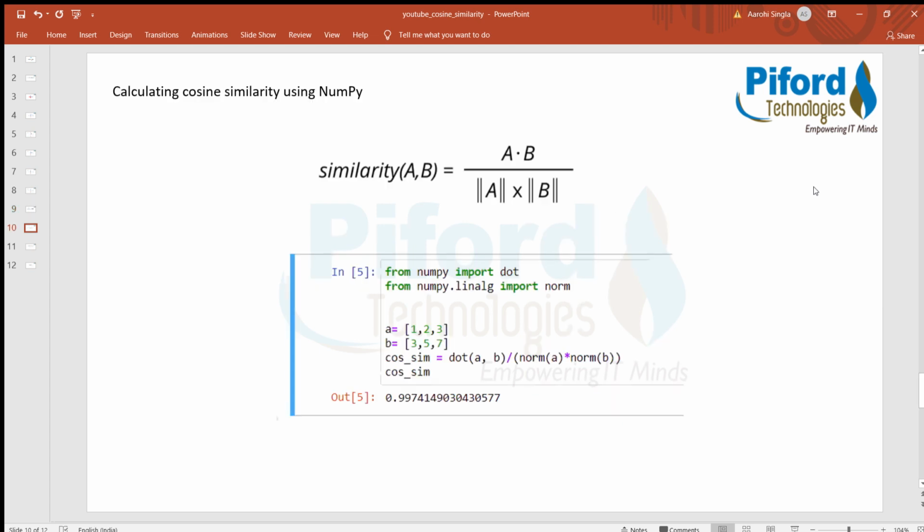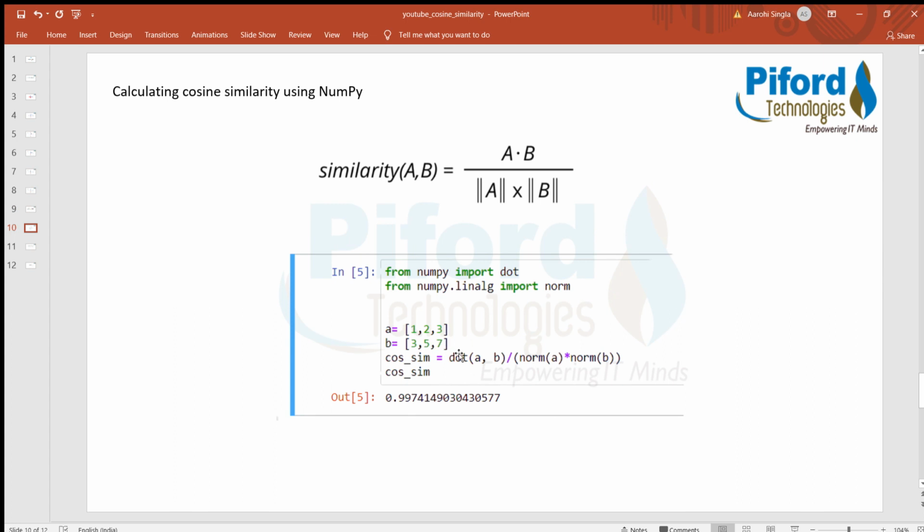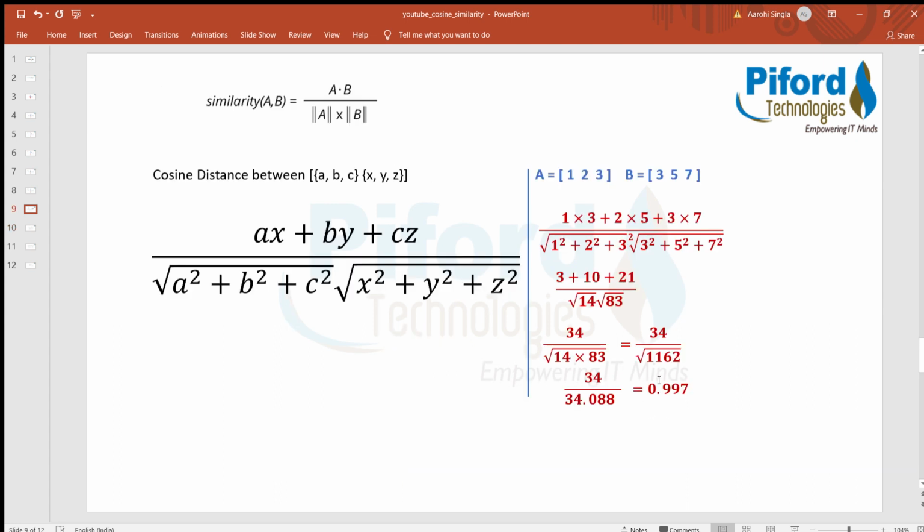But let's suppose you want to calculate this cosine similarity with the help of the NumPy module. So we can solve it with the help of NumPy also. You need to import these two modules. And again, this is the A list and B list. The values are similar to the previous lists, 1, 2, 3 in A and 3, 5, 7 in B. Alright, and we are implementing the formula here. Dot of A and B, dot we have imported already, and then norm of A into norm of B. Norm we also imported from NumPy, and you'll get this output. See, the value is similar to what we calculated mathematically.